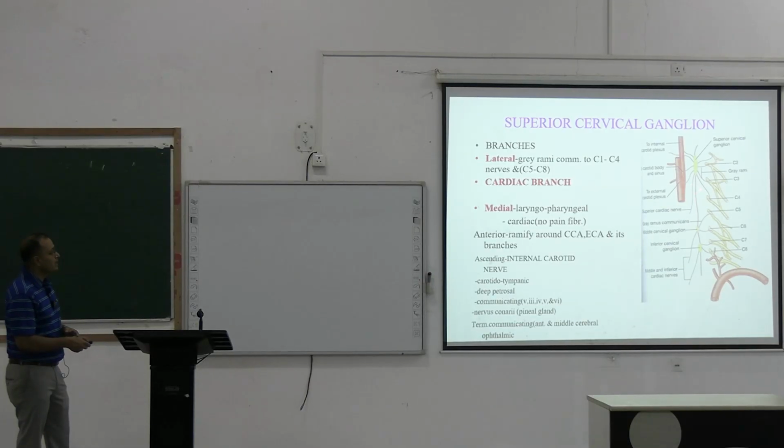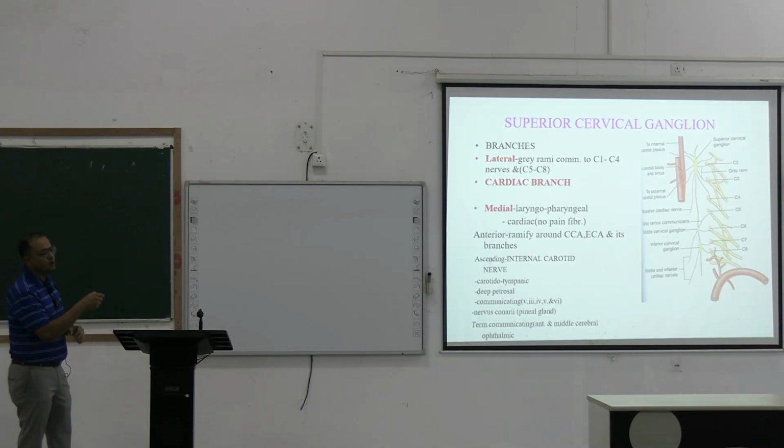Then we have these other medial branches, which come like spider webs and catch up the internal carotid artery or branches of it. So this climbs on the internal carotid artery and further on the sub branches of this internal carotid artery, like the caroticotympanic branches, petrosal branches, et cetera. They climb this vascular artery and travel along wherever these arteries are going. As these arteries grow, the branches from the superior cervical ganglions go on and supply these